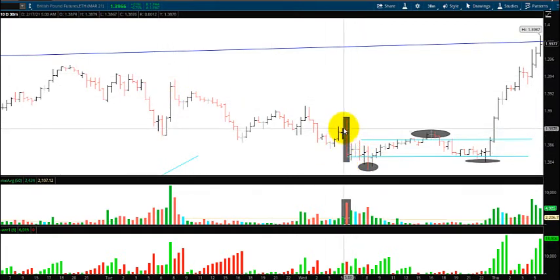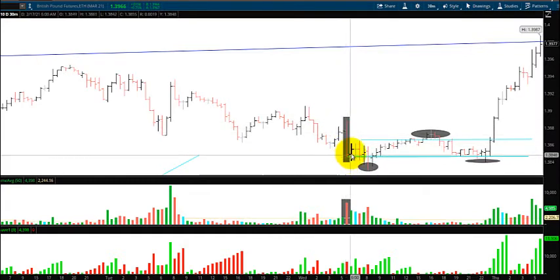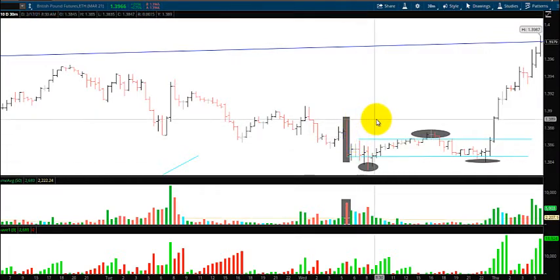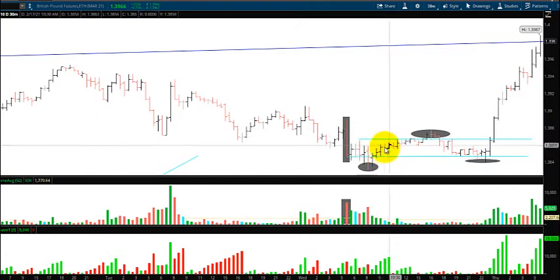So again, we have a stopping action here. We've got an automatic reaction, and this sets the ranges of the consolidation that I'm going to track. I want to watch how price moves within these ranges. Now, usually the people that are trading inside of these ranges, where you see my cursor moving, it's usually